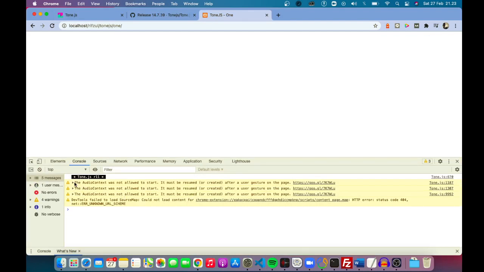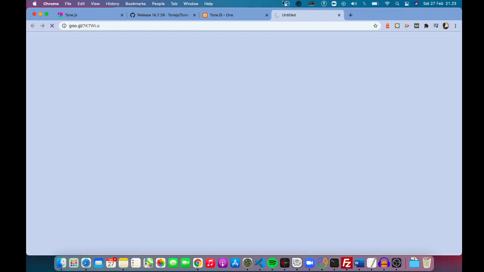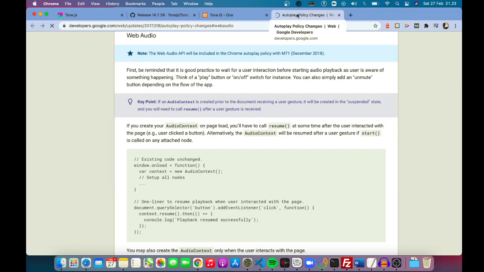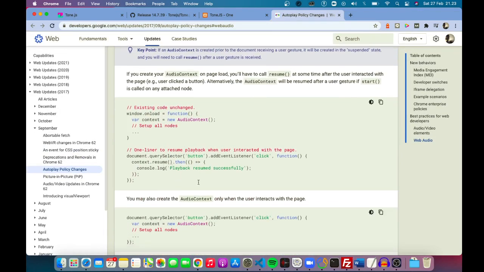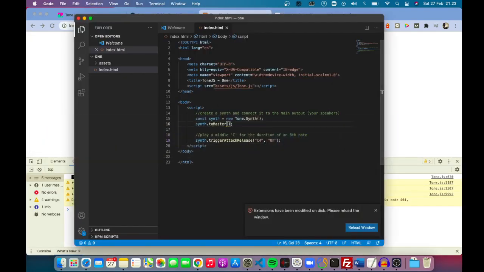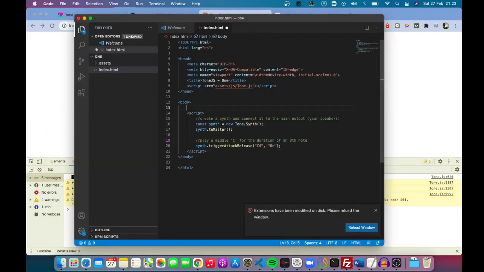Okay, and then after the error, we see that the audio context was not allowed to start. It must be resumed or created after a user gesture on the page. So there is a security autoplay policy change. So you just need to wrap the audio context in a user action, when the user interacted with the page. So you need to make one element, which is a button,